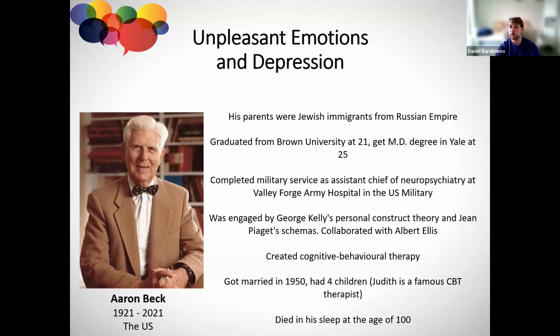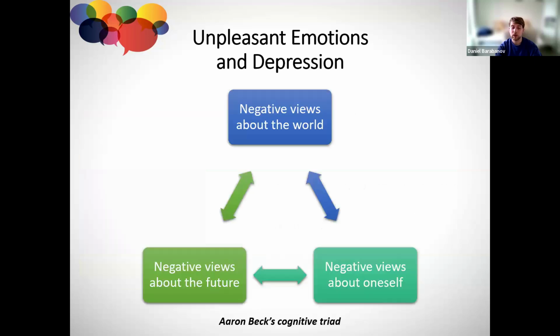So what were the ideas of Aaron Beck on depression? Actually, those publications made him famous in the first place. He supposed that there is a so-called cognitive triad, which people with depression suffer from. So they feel bad about themselves, thinking they're bad and stupid, and they're incapable of doing good things, which is already not very nice. Because of that, they have negative views about the future. So because they are bad, they don't think it will change in the future, right? It's stable. So they don't think the situation will become better in the future.